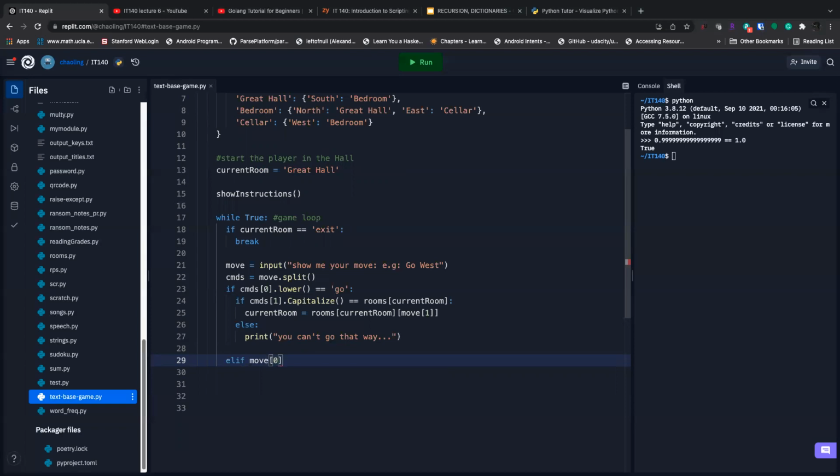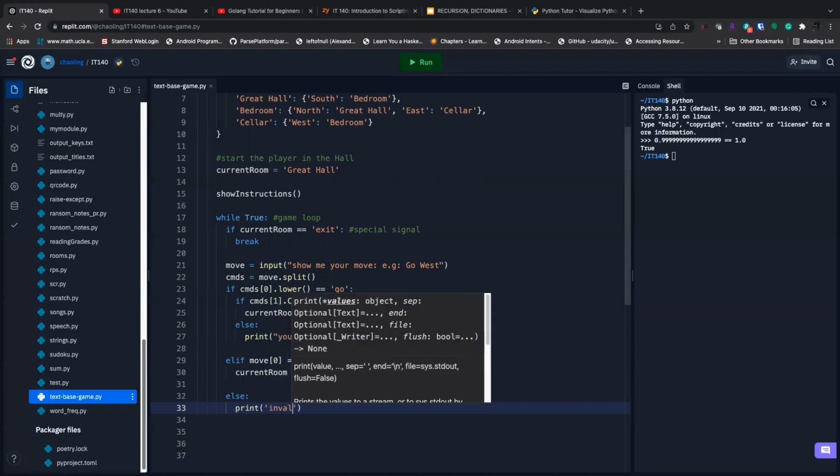If the user types exit, right? Then I know I can set current room to exit. Well, you may say, hey, there's no exit room here. That's okay, because here, I just put it as a special value signal that indicates, oh, it's time to end the game, right? So you can have other ways to do that. And if everything failed, if there's no go or exit, because I'm only implementing the navigation, right? I can print